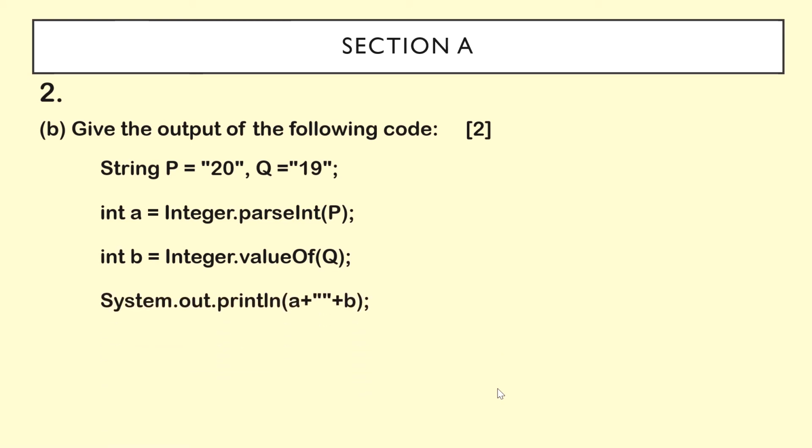And now we have to print out System.out.println(A + " " + B). The double quotation is nothing but a single space, we can say. So if I'm taking this as integer, here the plus sign is going to indicate this is going to take it as string. So both of the things will be taken as a string. So the output will be 20 19. 20 is not added with 19. It becomes concatenation. It's being placed side by side. I hope this is clear.